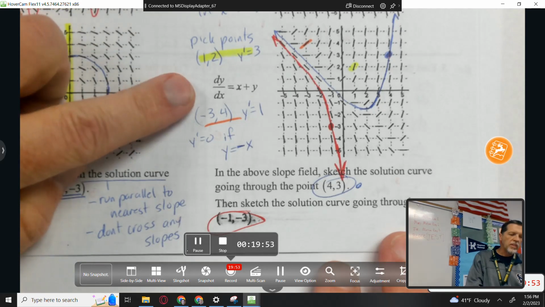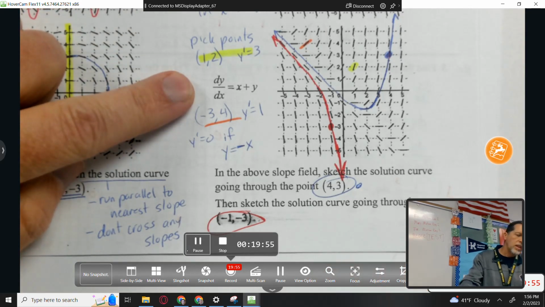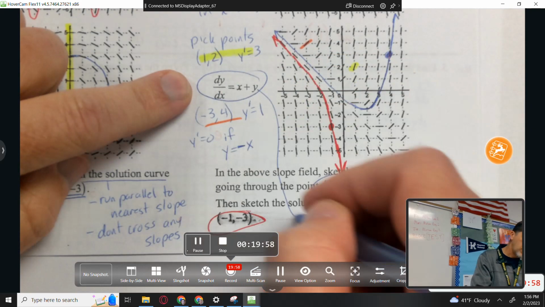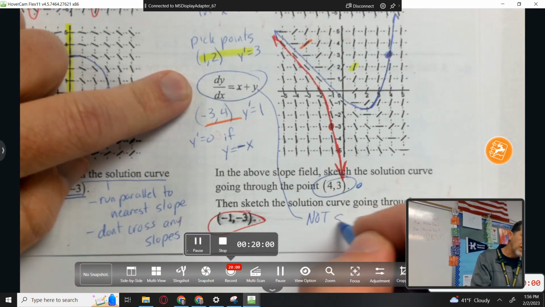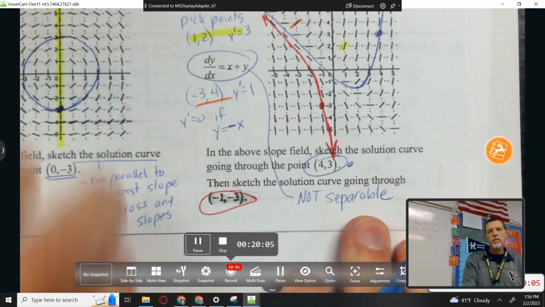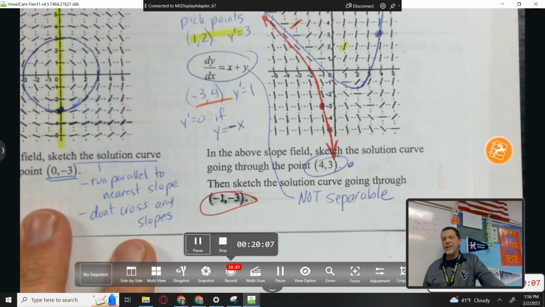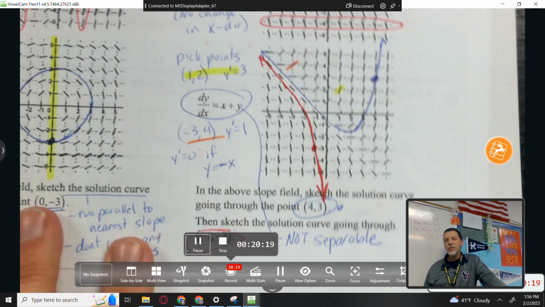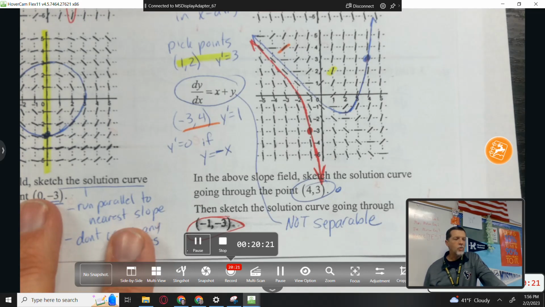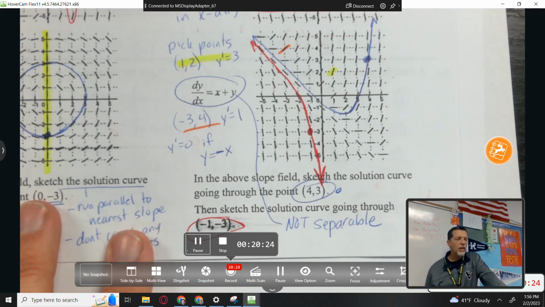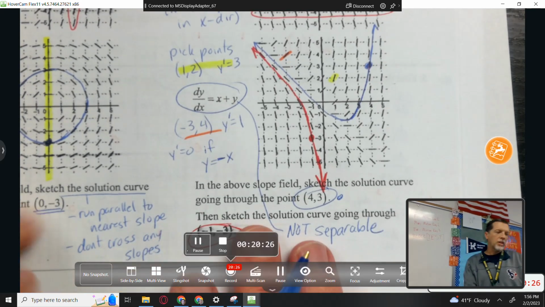Bit of a side note on this one. That's the first one we've seen that is not separable. So we would not be able to separate and integrate that one. When you get to college and take differential equations, then maybe you figure out how to do something with that, but not for us. So we couldn't solve it if we wanted to, so we just have to draw the slope field and go with that. All the other ones we could solve. In fact,